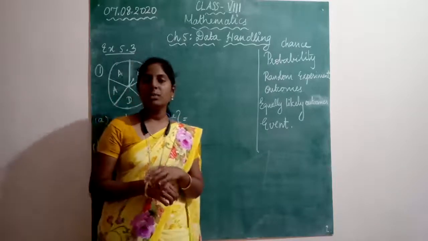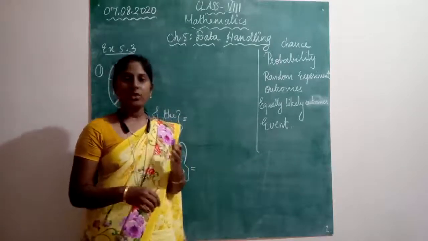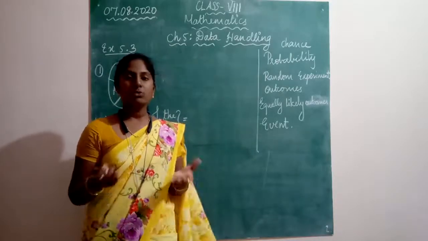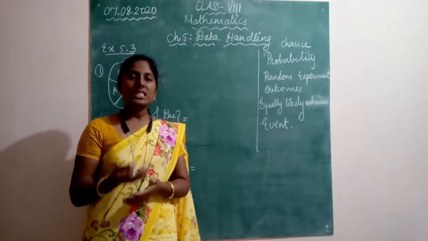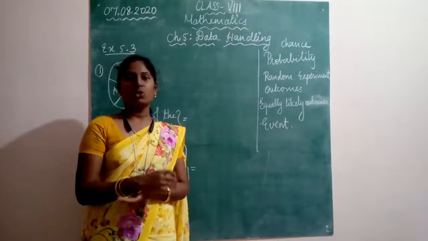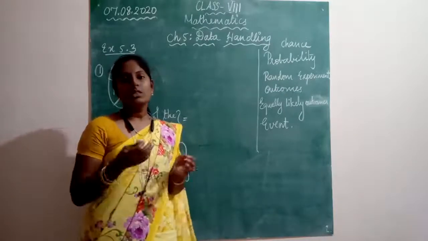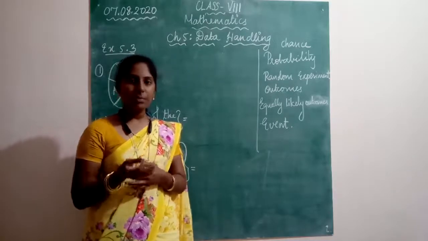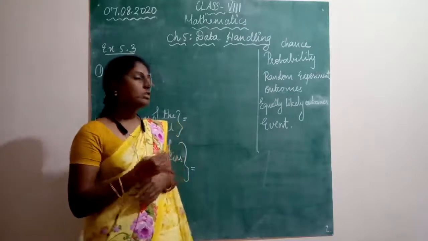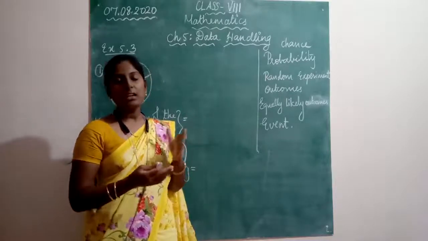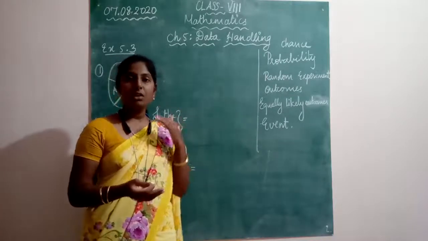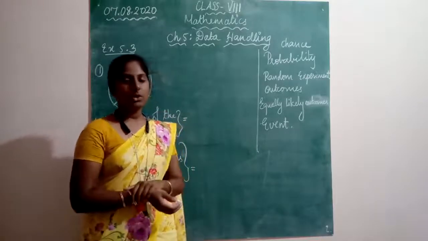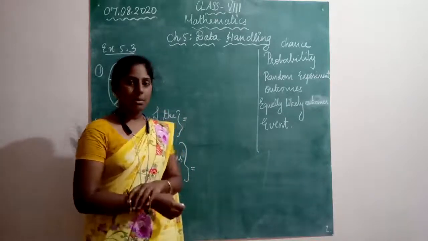For example, you may say that there are chances for rain to come tomorrow. Okay, there are chances for relatives to come to my home tomorrow. There are chances that school may be a holiday tomorrow. Okay, so there may be chance, right? There are chances to get a new dress for my birthday, right? So that is known as chance. And chance, when referred in mathematical term, it is known as probability. Okay, so it is known as probability.